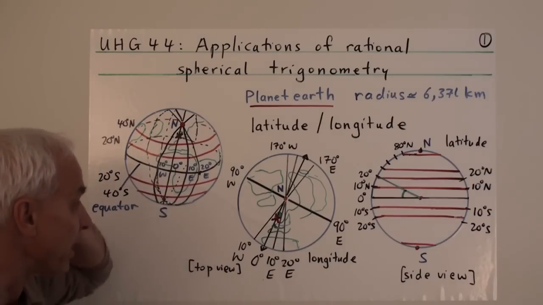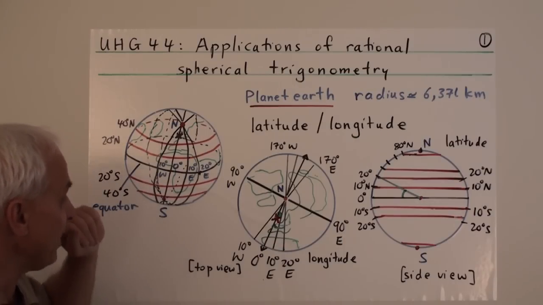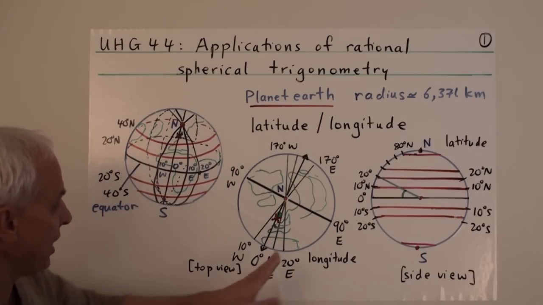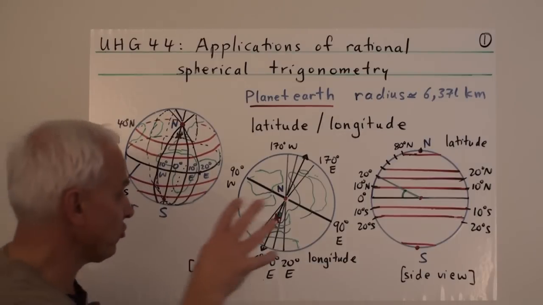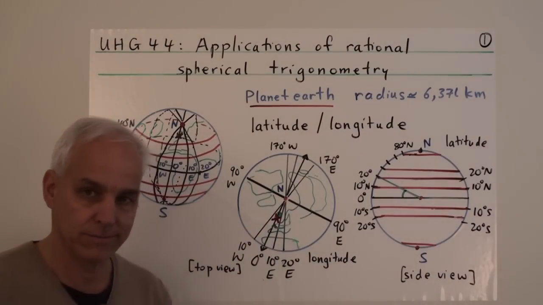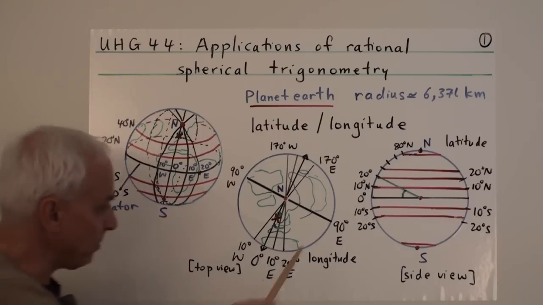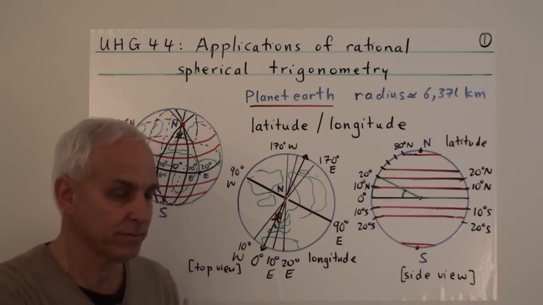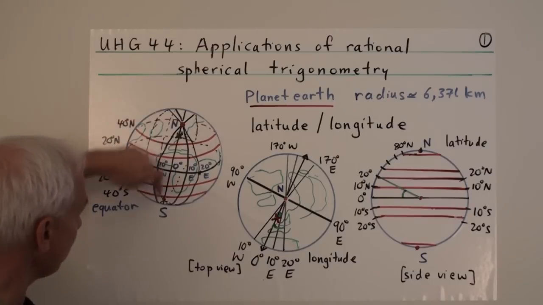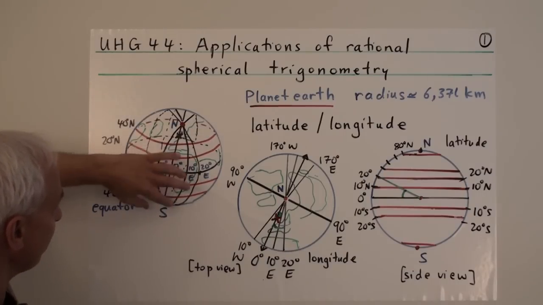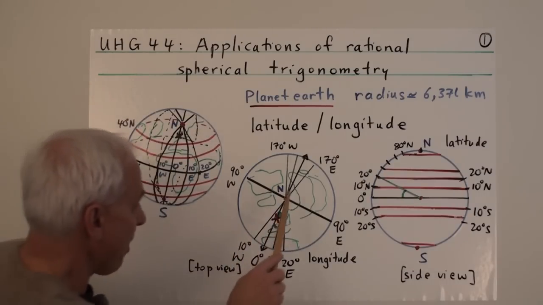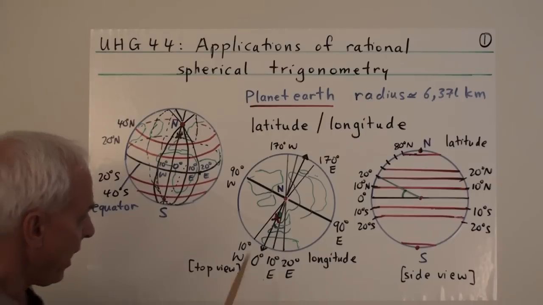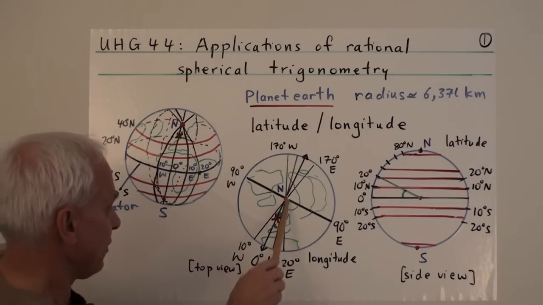Okay, to understand these two pictures, it's convenient to have another look at the sphere from two different points of view. Here is a top view where we're looking straight down on the North Pole. The equator would be just the rim of the circle, and these great circles that we're seeing here in an elliptical shape would all be represented by straight lines. This is the view from the North Pole.